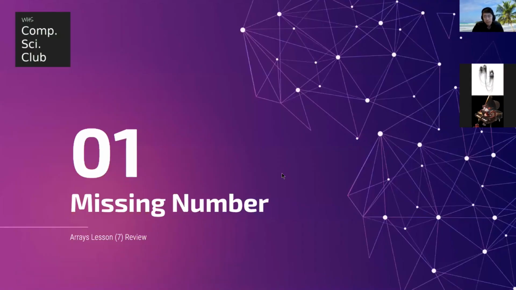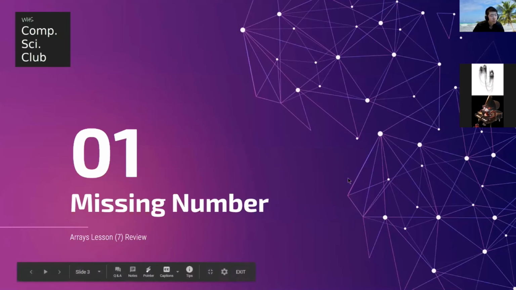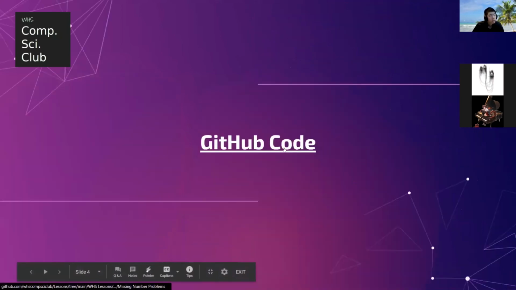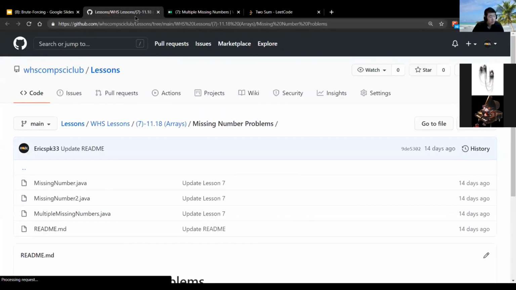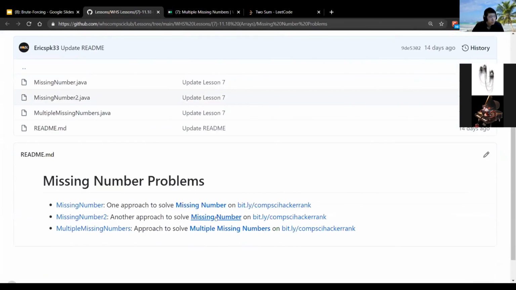So first, from lesson 7, which was the last time we met, that was the arrays lesson, and there were a couple of missing number problems that we went over. The code is on GitHub, so you can go to our GitHub and find all of this code. But just very briefly,